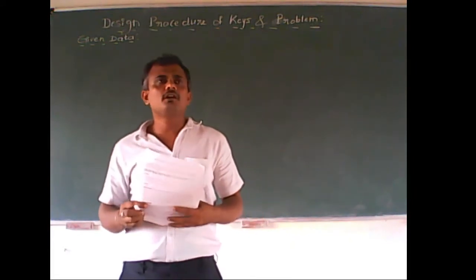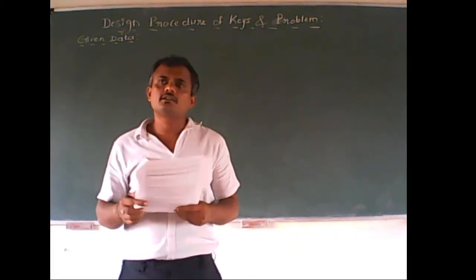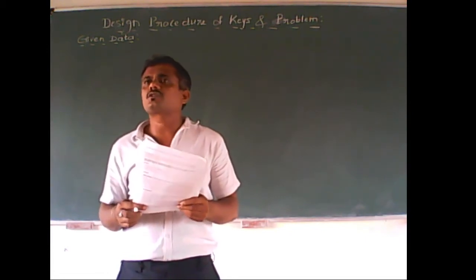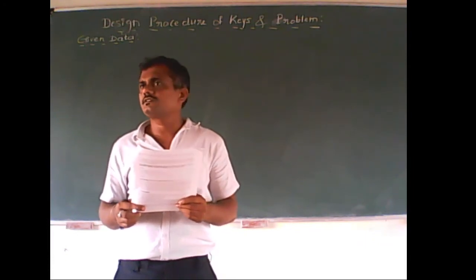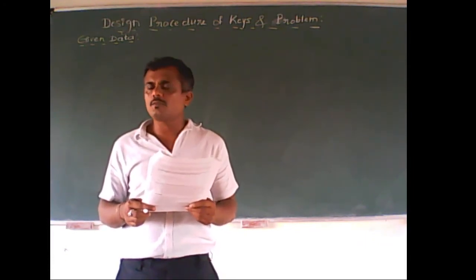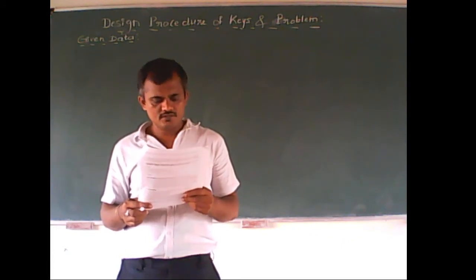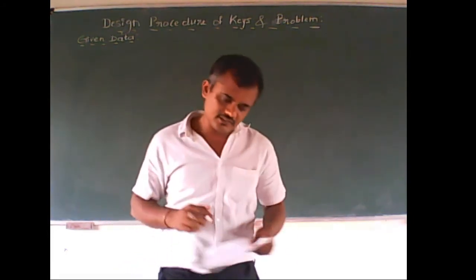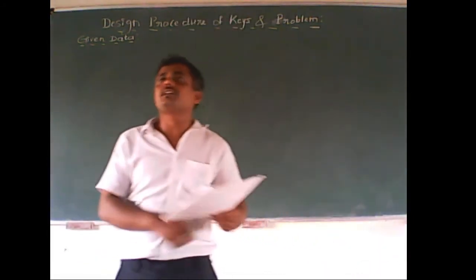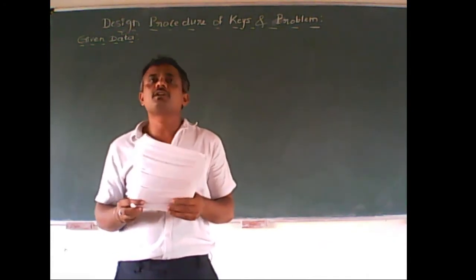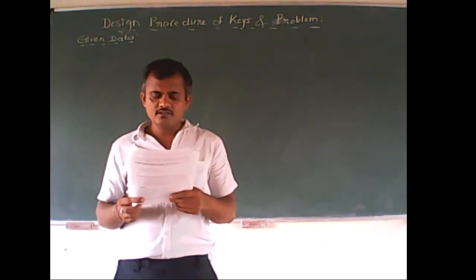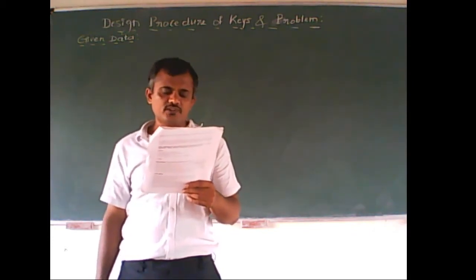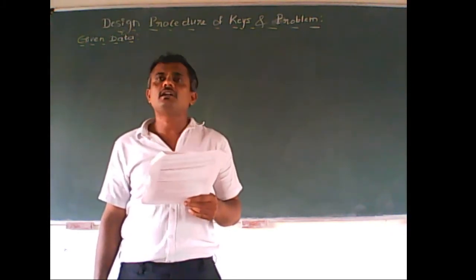So now we will solve one problem on a key. Please concentrate. I have taken this problem from the DTE website question bank, for 5th semester diploma automobile students. The very first problem in the question bank was asked in April-May 2018. Let me read out the problem briefly: Design the rectangular key for a shaft of 50 mm diameter. The shearing and crushing stresses for the key material are 42 MPa and 70 MPa.